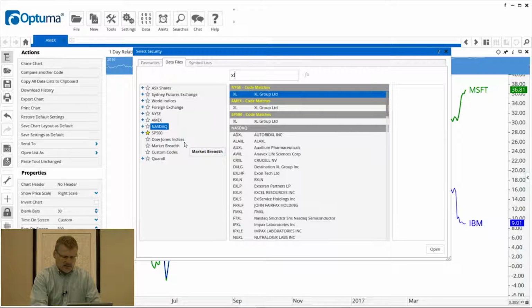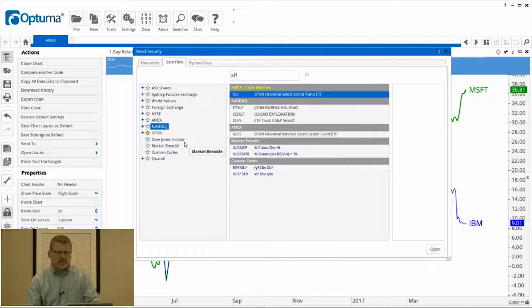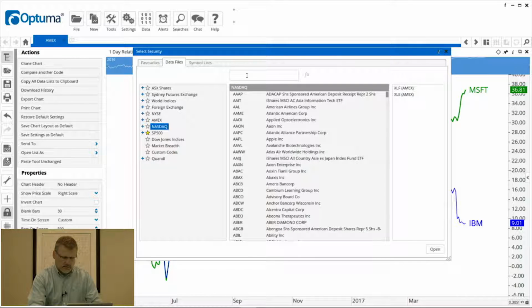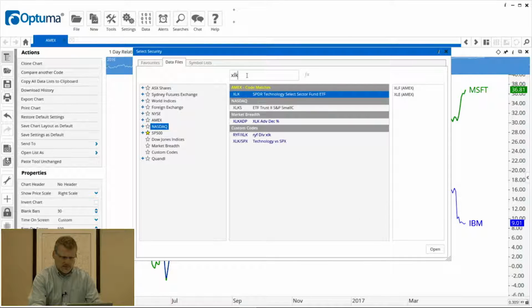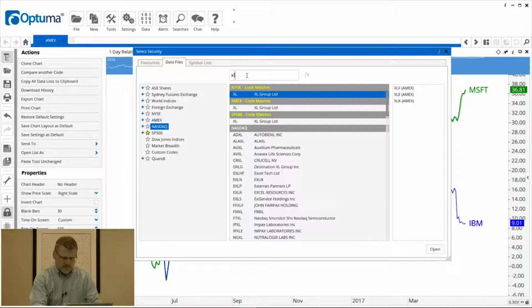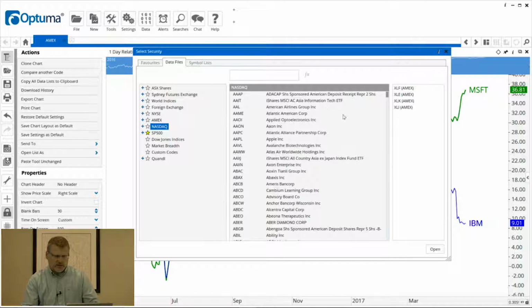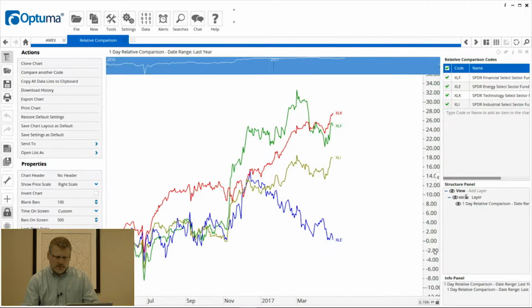So I'm just going to start typing some of the sector spider ETFs, so XLF, and then hit enter or double click. And as you see, when I do that, it gets listed or added to the column on the right hand side. So that's XLF, XLE, I won't do all of them, XLK, and then XLI, for example. And then when I've got my list ready, click the open button there, and it opens like this in the